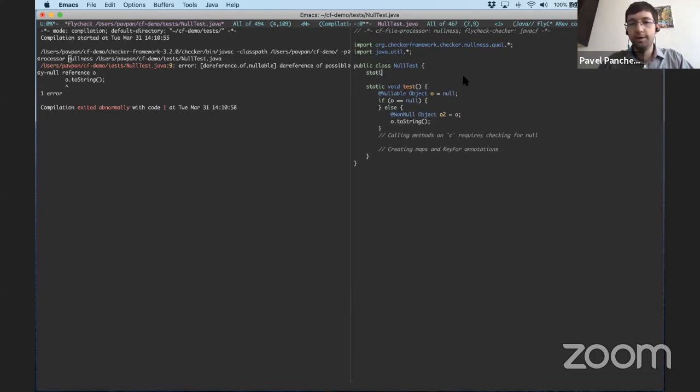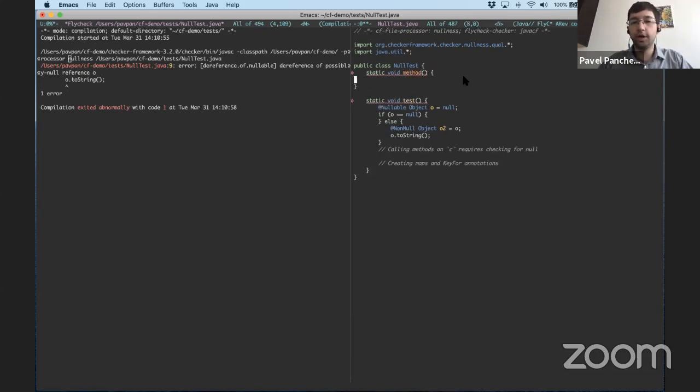For example, you might want to call a method inside your code. And when you call a method, that method has some kind of precondition and some kind of postcondition, like we've seen in Dafny. Now, when we talk about abstract interpretation, those preconditions and postconditions have to come from that selected set of conditions.